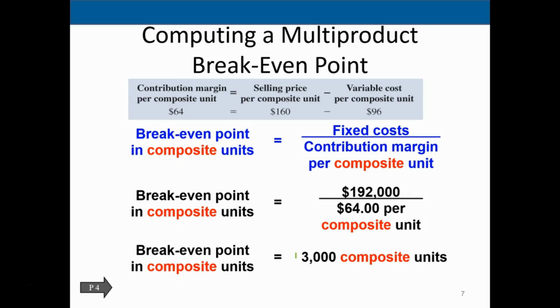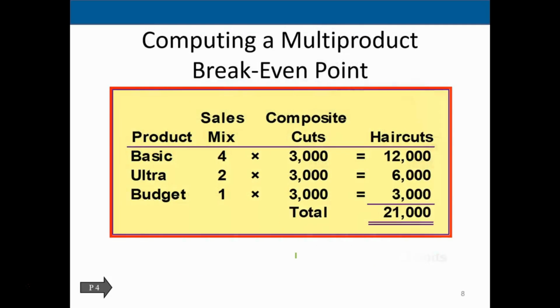We would then, because this is just an estimate and it's a ratio in that estimate, have to multiply, such as this table, and take our sales mix. Remember the basic we said was 4, 2, and 1, which adds up to the total 7 of the sales mix. So we have 4 sevenths, 2 sevenths, 1 seventh. And if we multiply it times our composite unit number that we just came out with, that 3,000 means that the mix of that 3,000 needs to be in the ratio of the 4, 2, 1,